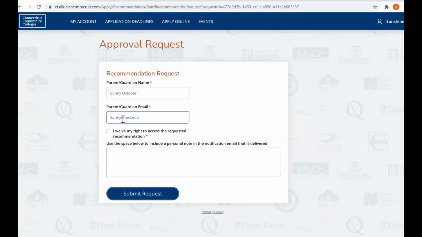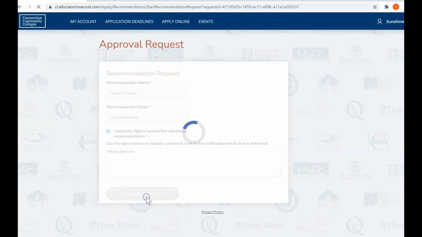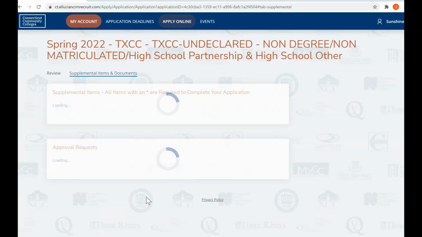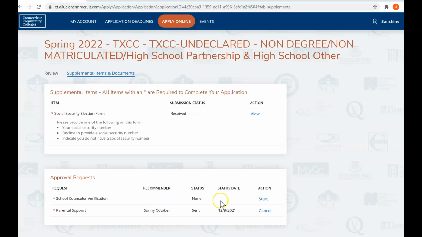So, connect with your parent about which account you should do this with. And so please approve, or parent or guardian. And you submit the request. So that request is going to go directly to your parent's email. So as you can see, we have requested from Sunny October a parental consent form, and we did it on